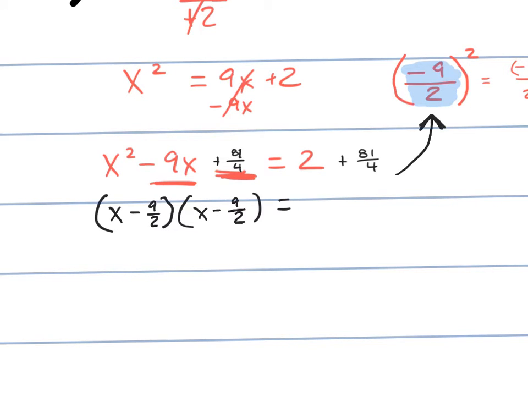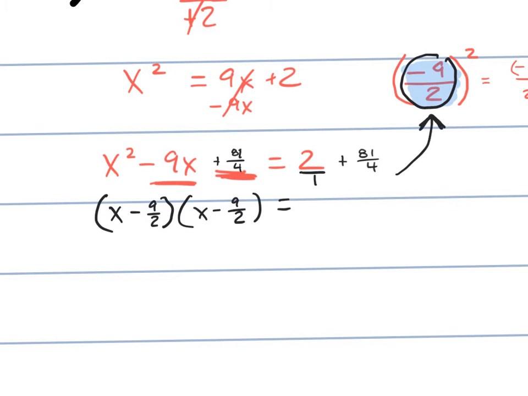Every single time, whatever was in the simplified version of whatever was inside, if it was 6 over 2, then it ended up as being 3. In this case, negative 9 over 2 does not simplify. It's just negative 9 over 2. But if it's simplified evenly, we do. Okay, now we need to add